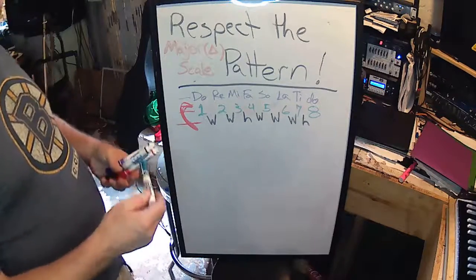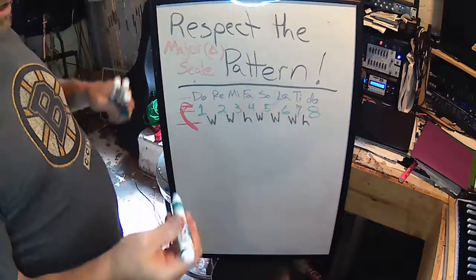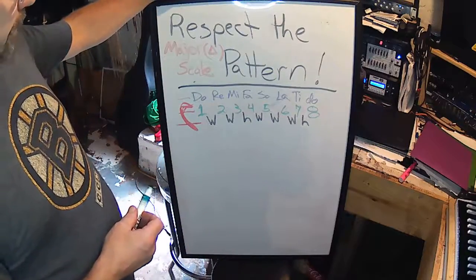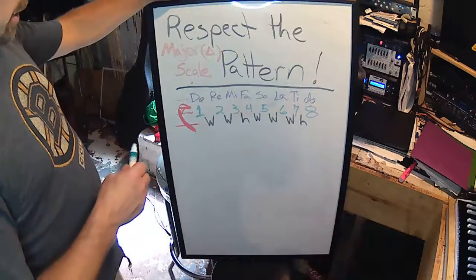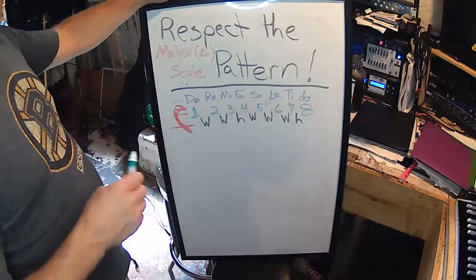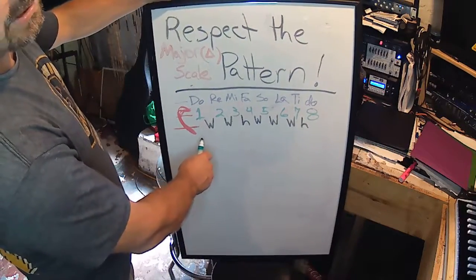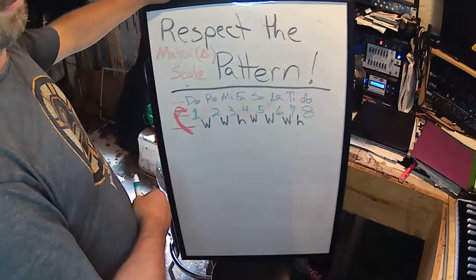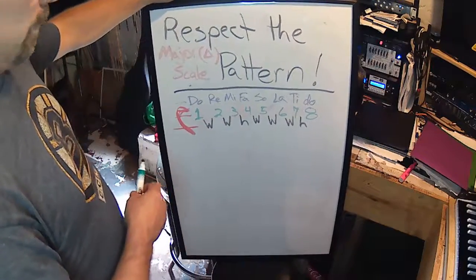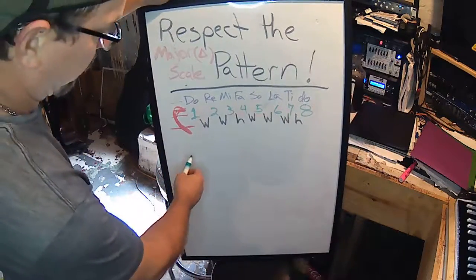So what I'm going to do is add some notes for you, and I'm going to go in sequence. I already know the circle of fifths pretty good, so I'm going to go in sequence just so you can see this. And the intervallic pattern here is going to force you to step into different keys, and I'll prove it. Okay, so if we start in C,